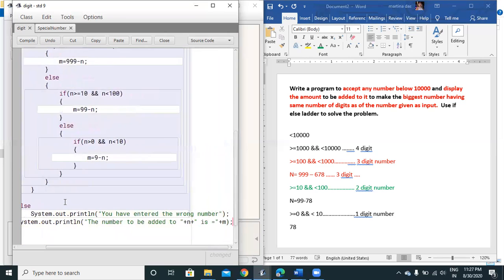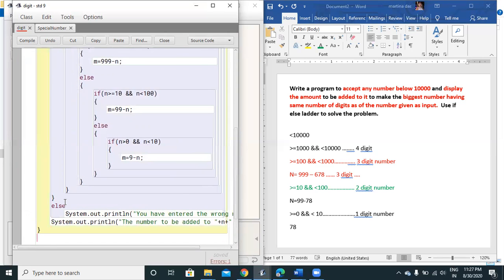Now I have already checked what is that number to be printed, so I specify over here.